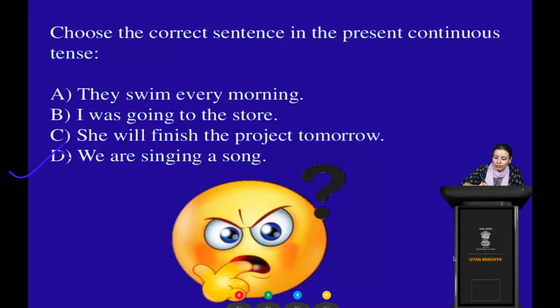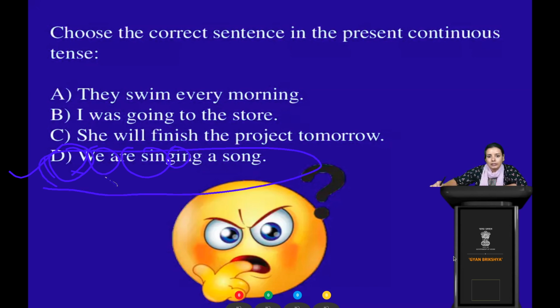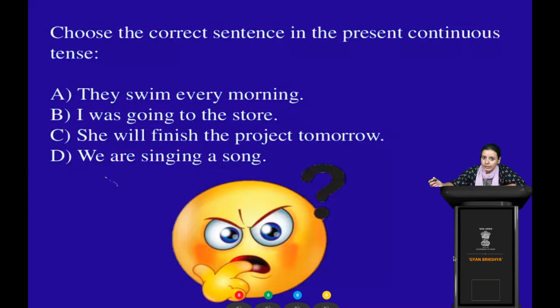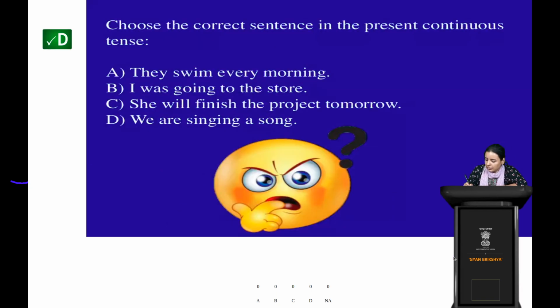D. Because you see the plural form, we can use are with we, because are is also plural in form and we is also plural. So we are, verb plus ing, and then song. Sing is a verb and we are using ing with sing, that is, singing a song. So this is the one which is abiding by the formula we have seen in the present continuous tense. So this is the correct answer, students. Let's see the next topic.